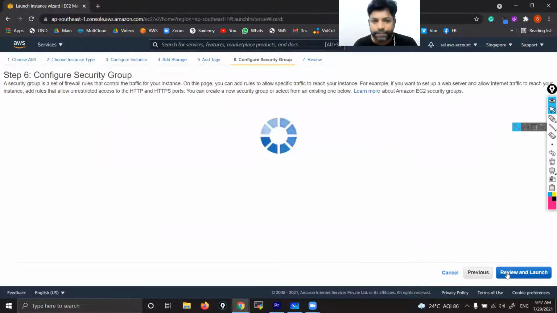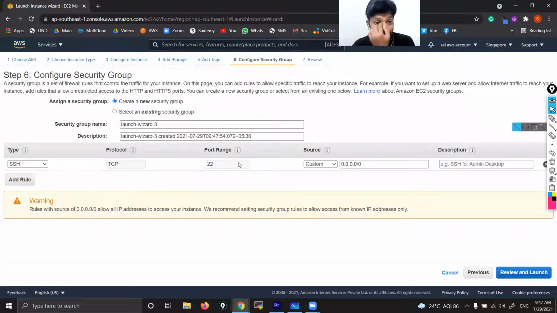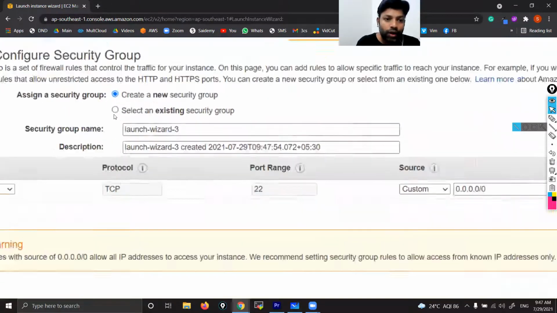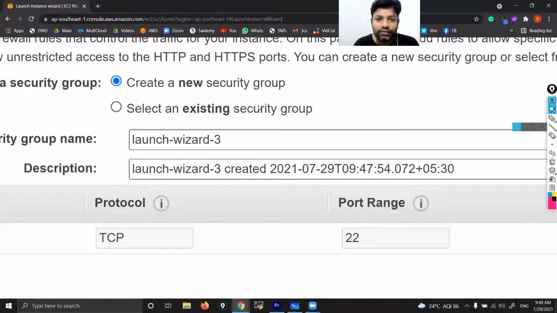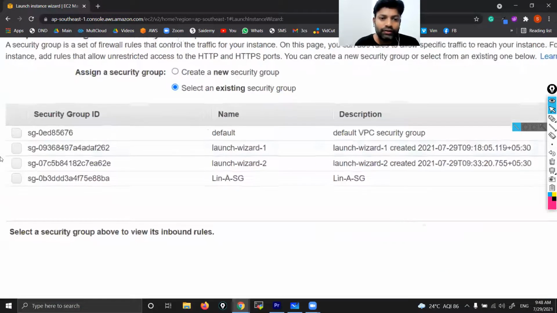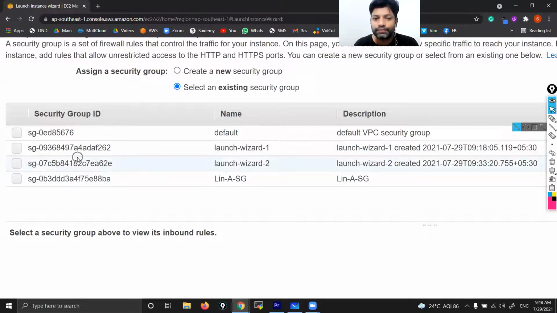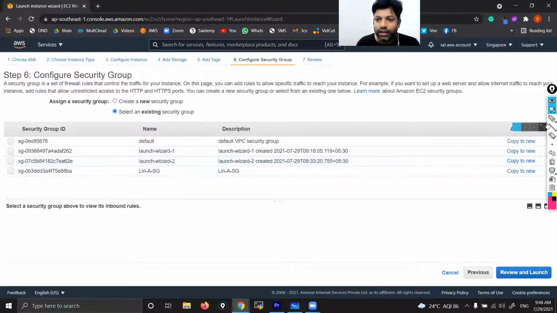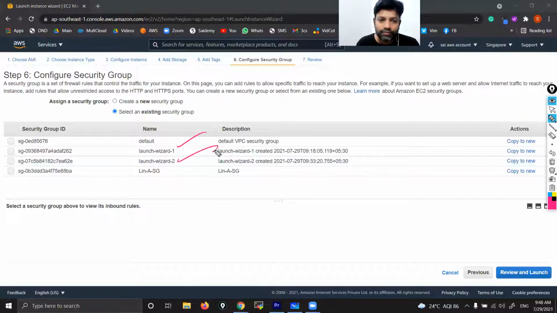Now next. Okay, here, instead of creating a new security group, I'll select an existing one. If you want that, you can see "select an existing security group." When you click on that, it will show all existing security groups. What are those? Earlier we launched 2 instances, the demo AWS instances, while discussing key pairs and all. So these are related to that.